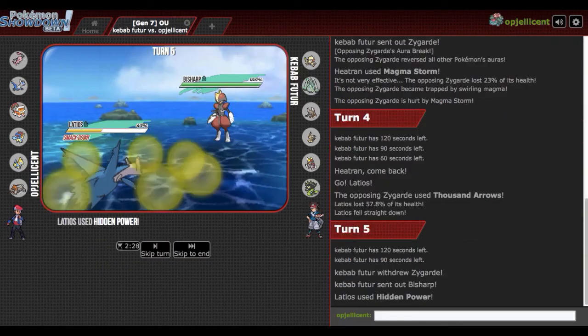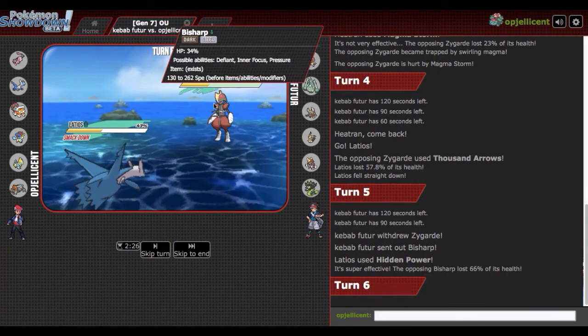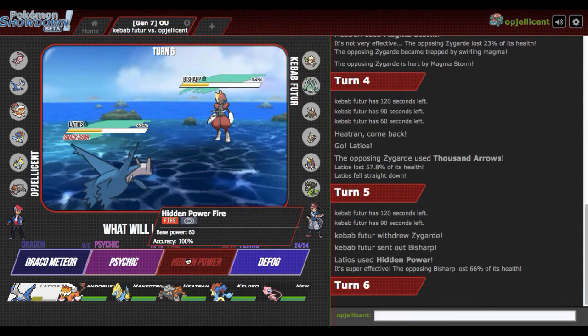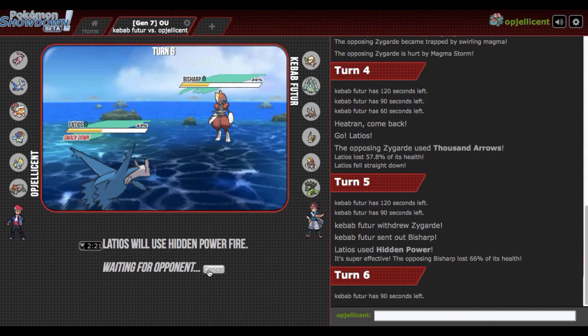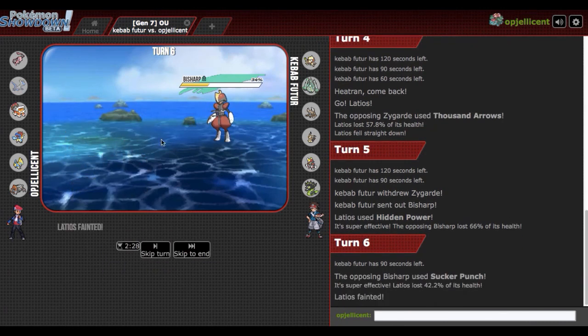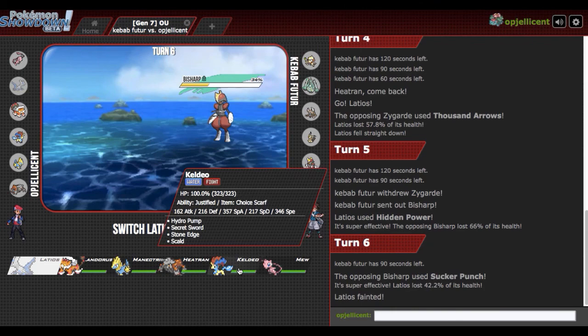Bisharp. He does go Bisharp. That is a lot. I mean, not Psychic or Draco, but he's probably going for Pursuit. Let's go right for HP Fire again. He definitely misplayed right there going Bisharp, because that's something else that my Keldeo doesn't have to deal with now. He goes for Sucker Punch and gets to play correct, so that's not the biggest of deals, because we have